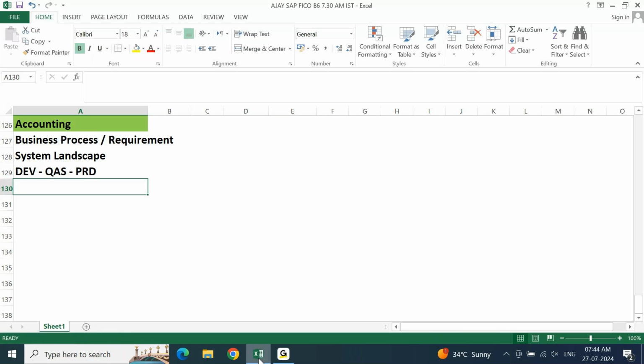Now, with this subject, with this FICO knowledge, definitely one cannot survive for a long time. One fine day they will be sent out from the office, meaning they will be asked to please resign the job, you are not able to perform. That is the reason you see most of the people losing their job. When somebody is losing the job, it's majorly because of their performance, not because of their background verification and all.